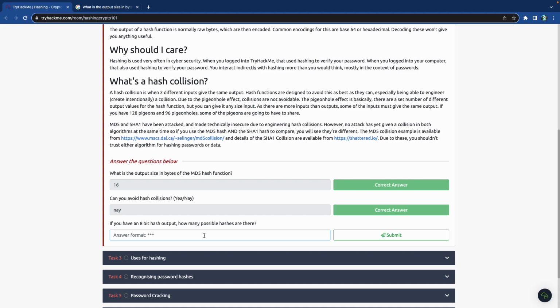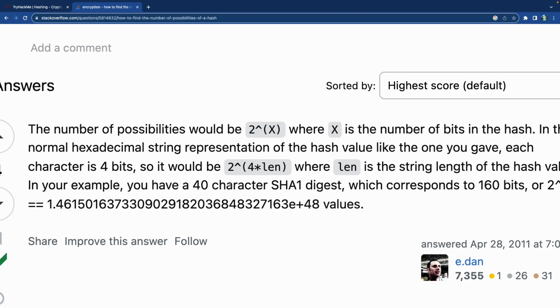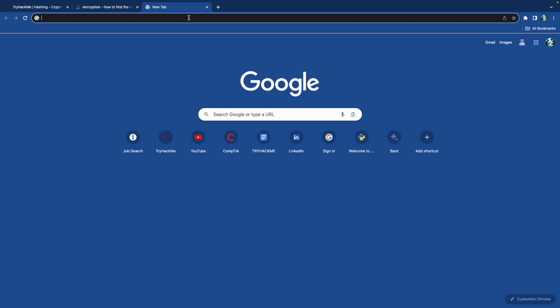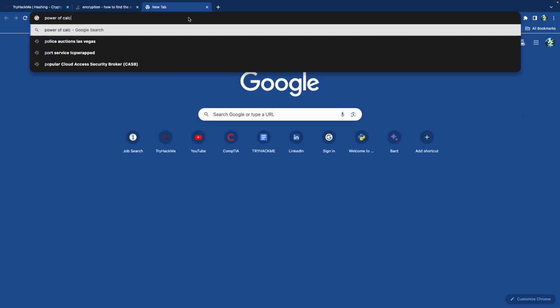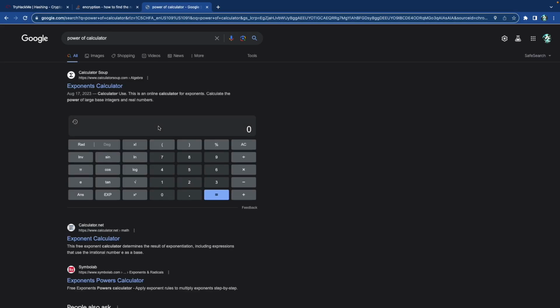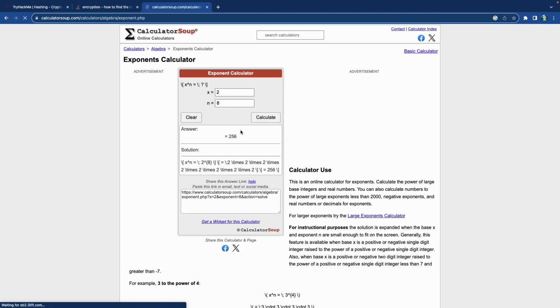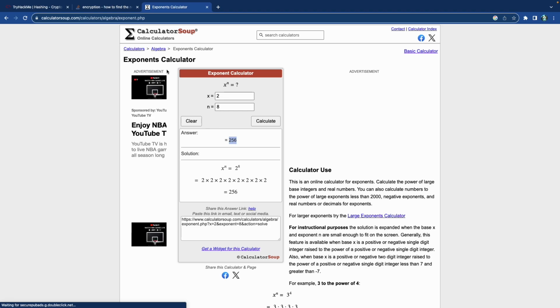As we did a little bit of Googling, the number of possibilities would be 2 to the power of x, where x is the number of bits. So if we have 2 to the power of 8, let's use an exponents calculator. 2 to the power of 8, calculate, is going to give us 256.